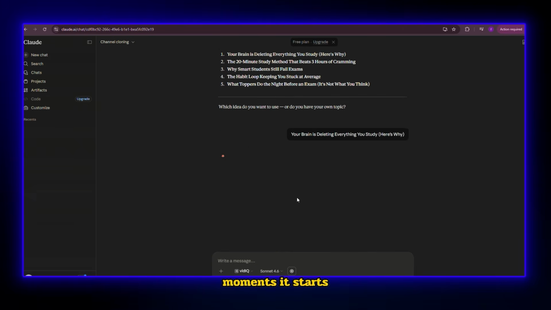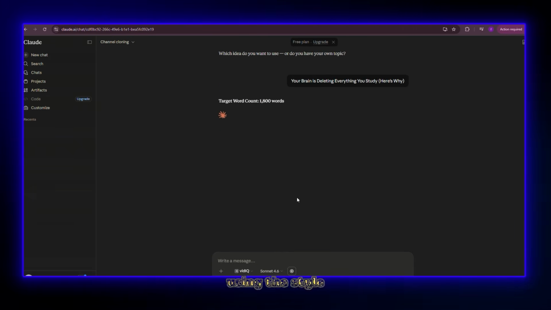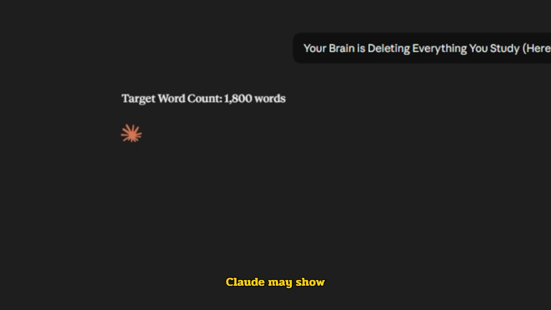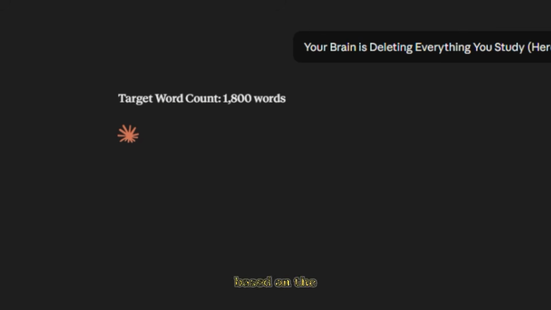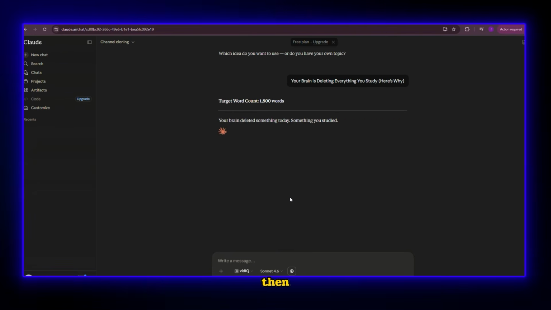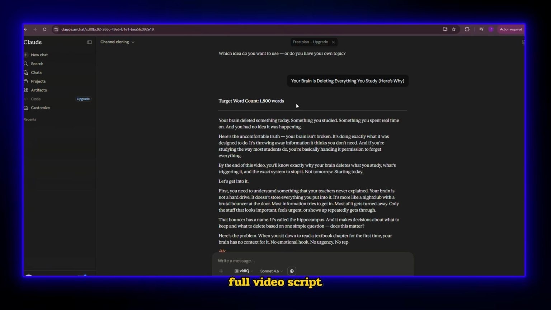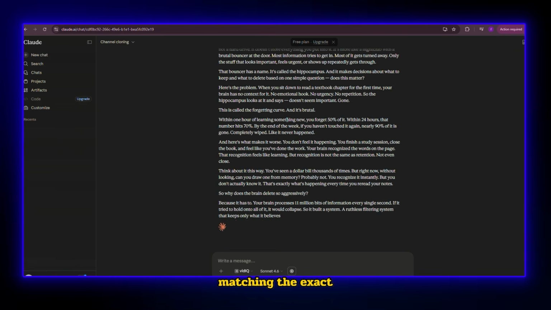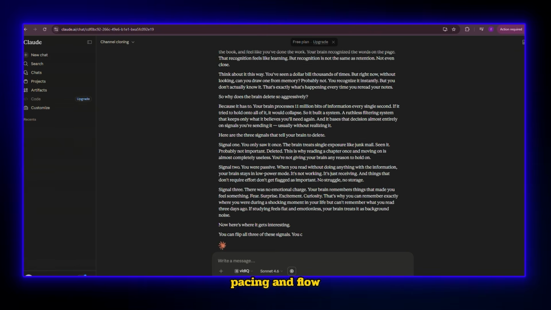In a few moments, it starts generating the script using the style DNA from the previous step. Before writing, Claude may show you the target word count based on the transcripts you uploaded. For me, it was 1,800 words. Then Claude drafts a full video script in under 60 seconds, matching the exact tone, pacing, and flow of the